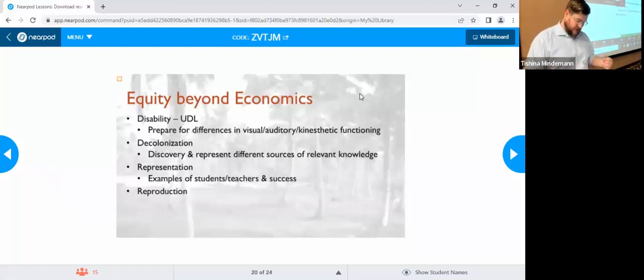Inequities associated with many social prejudices and power imbalances can also be partially addressed through representation, and also drawing from different knowledge bases, as Tish mentioned in our decolonization webinar. Particularly when we talk about knowledge that we ask students to learn and models of success that we represent in our classes. The reproductive equity mentioned down there is something that I saw a lot, that is always kind of